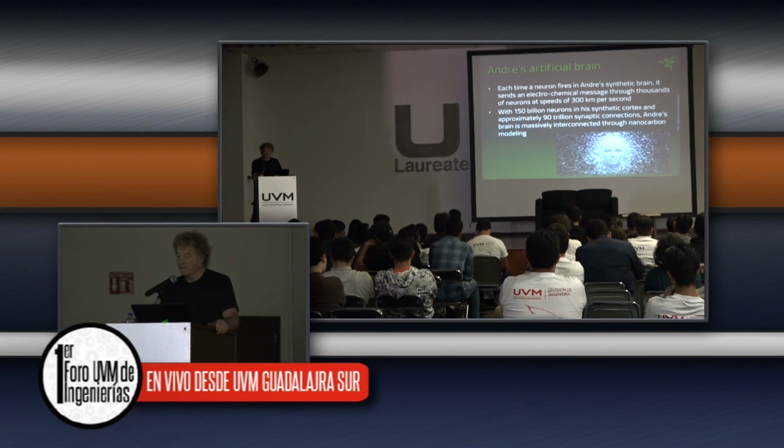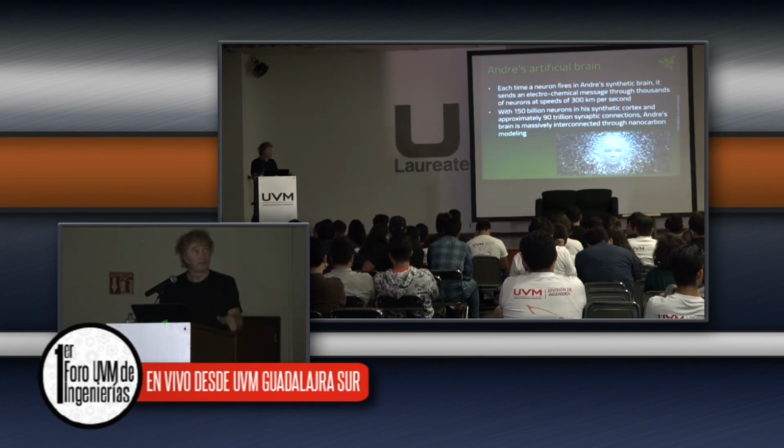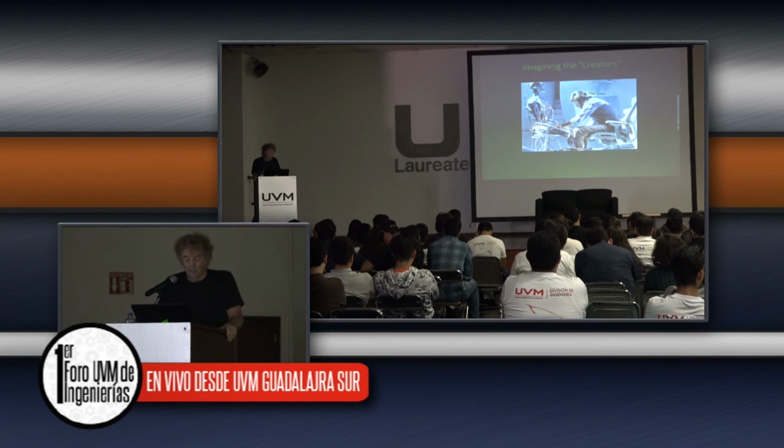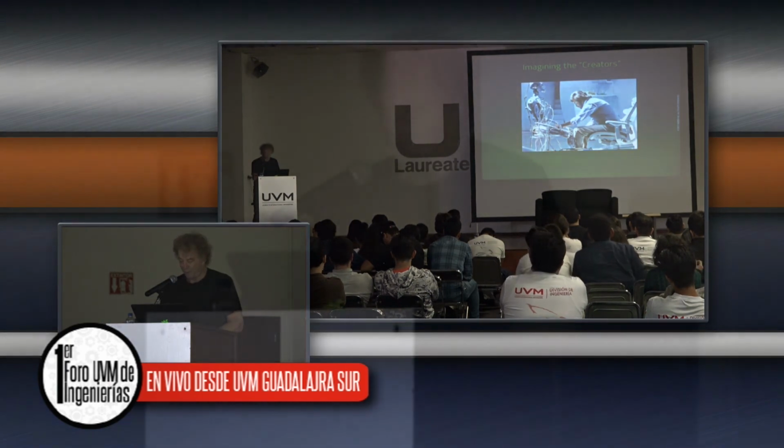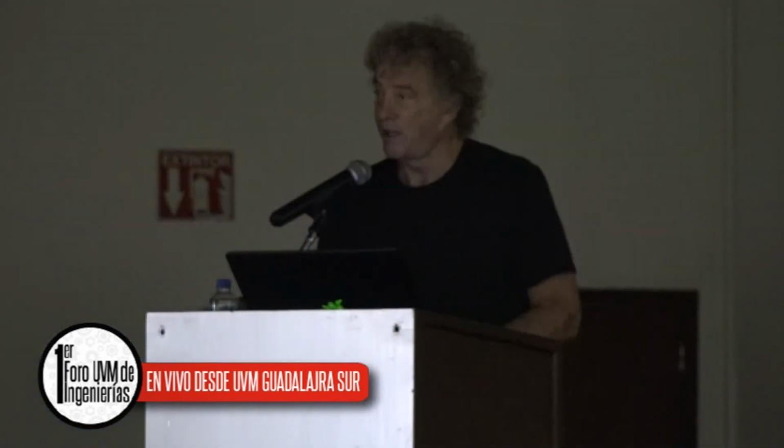His brain is massively interconnected through non-carbon modeling. So this is how I see his brain. This is how I see the creators of today. They're sitting and tinkering with what I call second generation